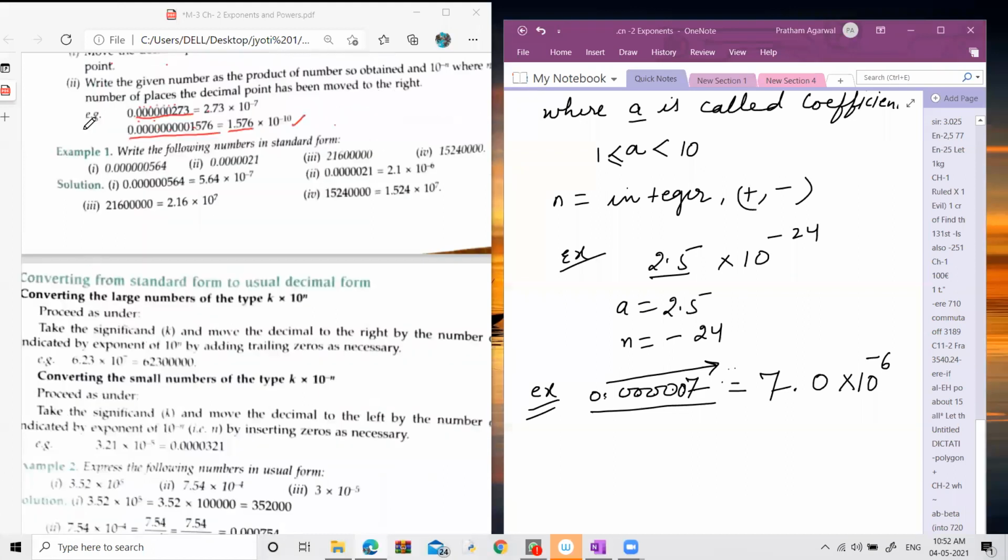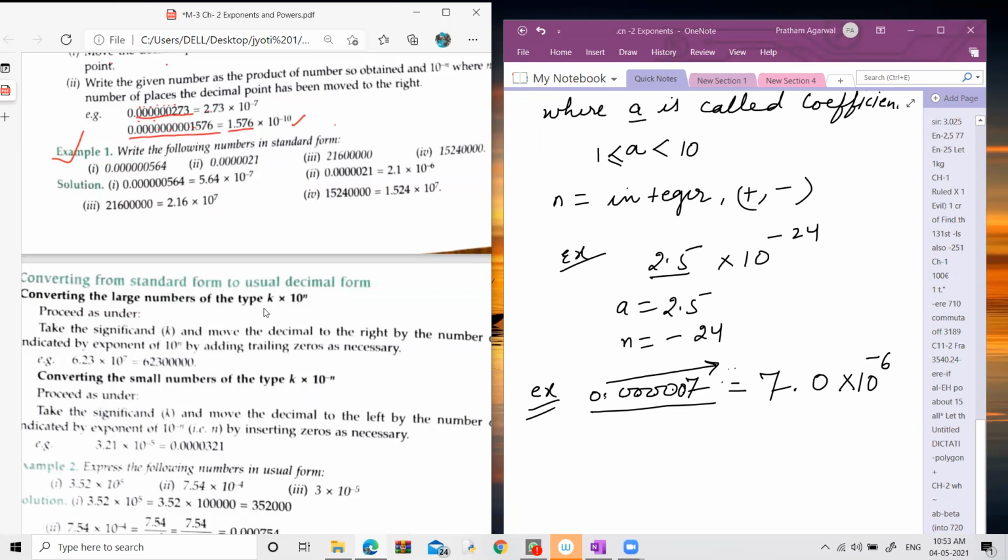Now let's come to example number 1. Let's do this question. Now you have to convert this, which is a very small number. Why is it called a very small number? When the decimal point is on the left hand side, then the number is smaller. If the decimal is on the right hand side, then the number is larger. So only by seeing we can observe that this number is a very small number, because the decimal is on the left hand side. It's clear? Only by seeing you can know which number is larger and which one is smaller. So now how can we write this smaller number in standard form?